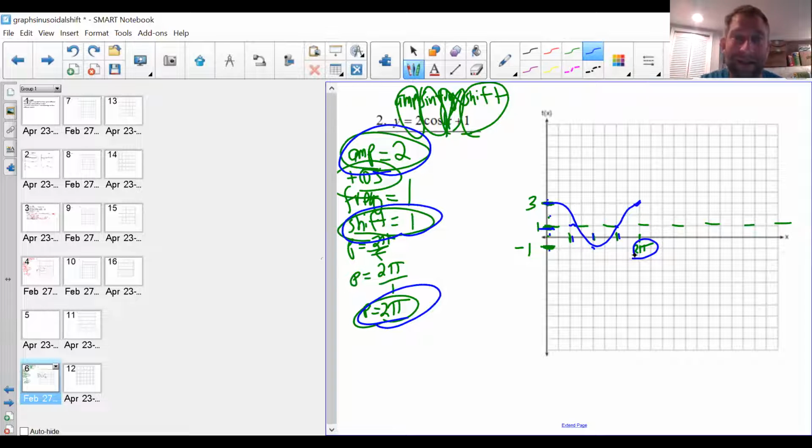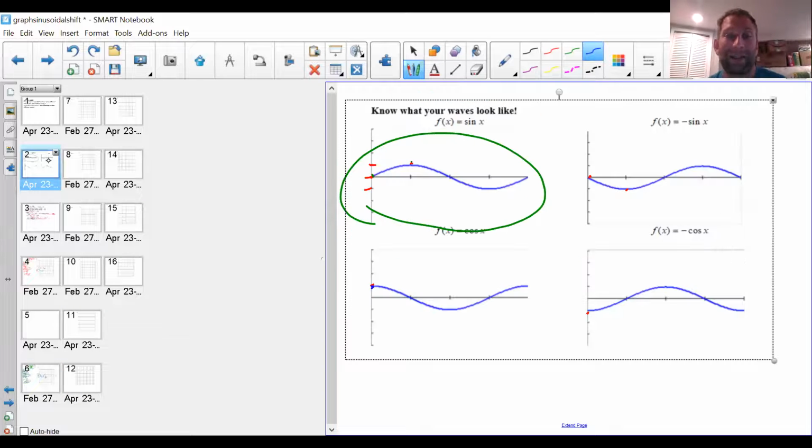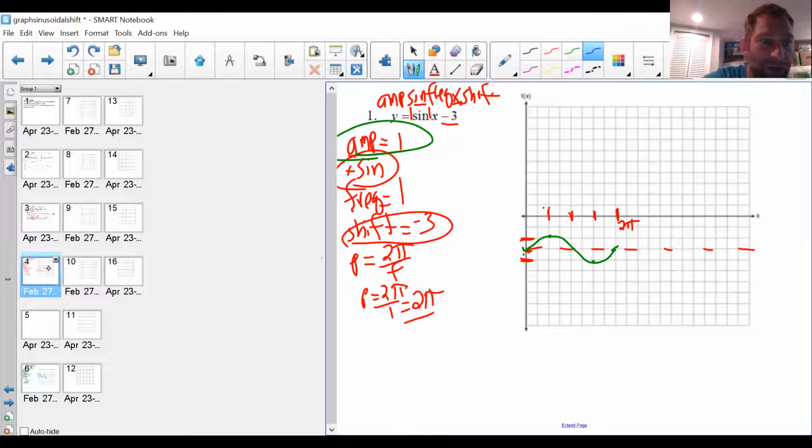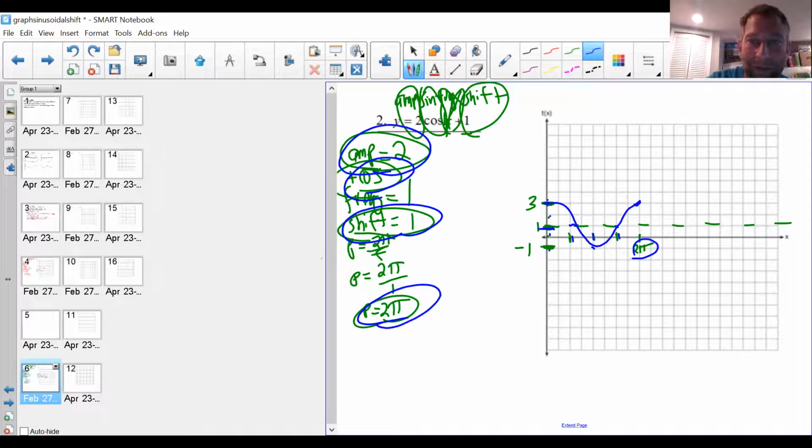And once I have that, since it's positive cosine, I look back here. Yes, this is something you're going to have memorized. If you ever have a quiz or something on that, you can't cheat on it. Positive cosine goes top, middle, bottom, middle, top. So I just plot those points. Top, middle, bottom, middle, top. That's it. So we're going to go through 2 more examples, and then